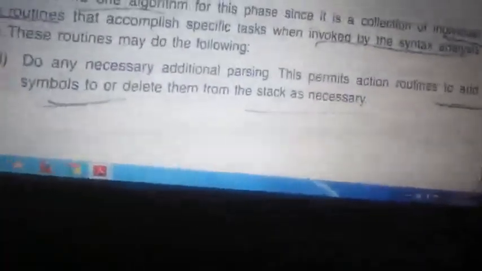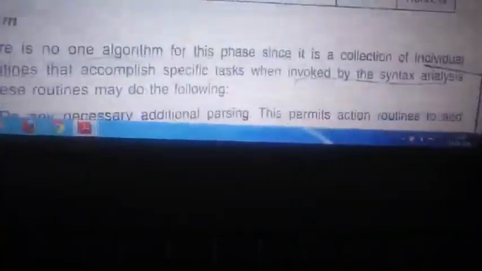So here it will check the stack and do matches. Whenever it matches, whatever task it should perform, like entering it into the matrix, entering it into the database, will be performed. Whenever a matrix line number is encountered, it will be updated with what the value is. Along with that, it will update the temporary storage, and it will update the identifier table. So all three will be updated whenever there is a column. So there is no single algorithm, but there is a separate action routine for each column.